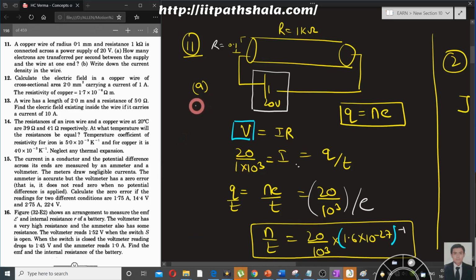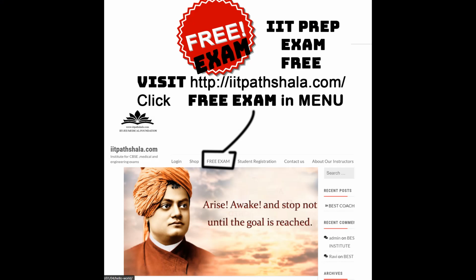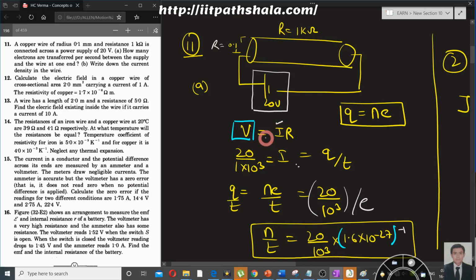Now first, to calculate the charge, the number of electrons passing through your wire, what do you have to calculate? You have to calculate the current itself. Why? Because if I figure out what my current is, I can figure out the total charge contribution. And from the quantization concept, I can say that the total charge is an integral multiple of the charge of the electron, and this integer denotes the number of electrons.